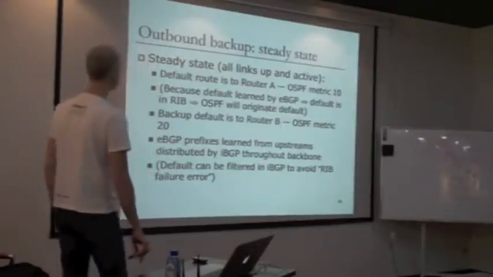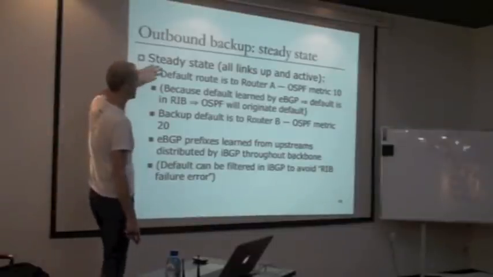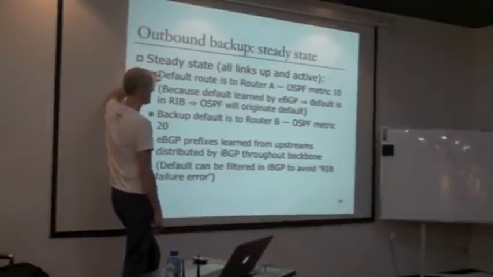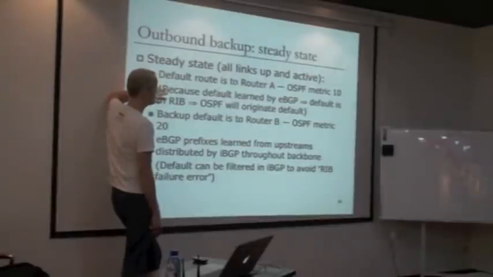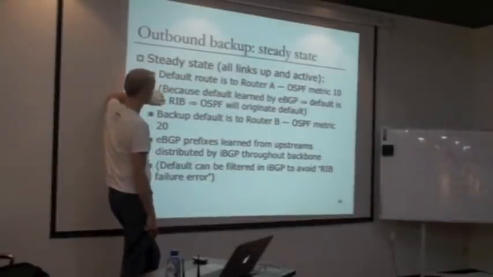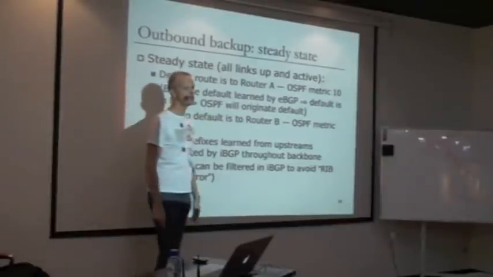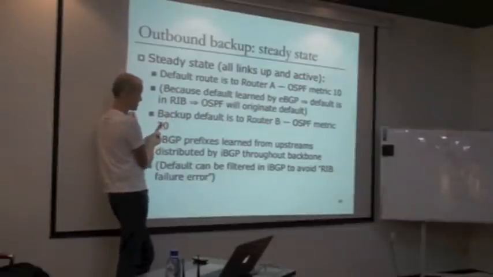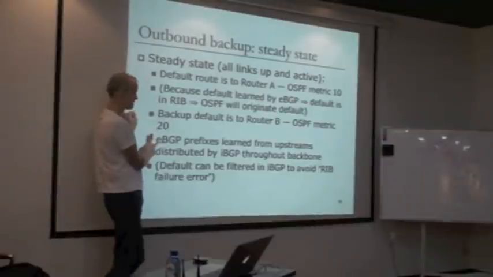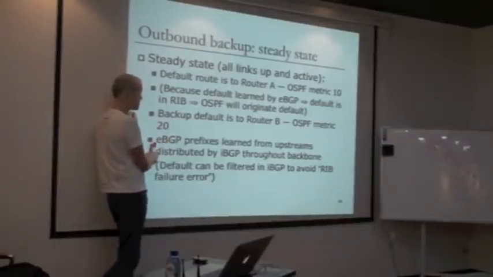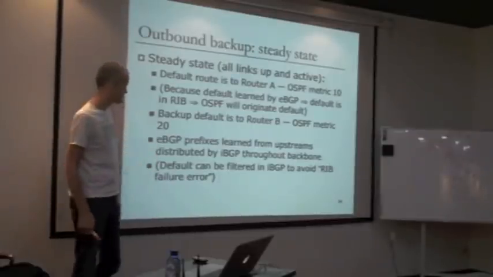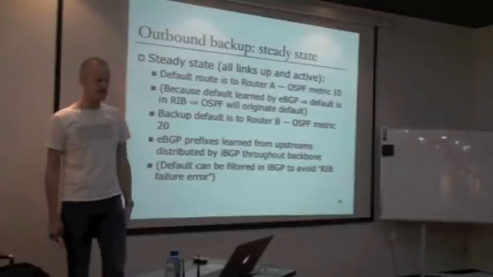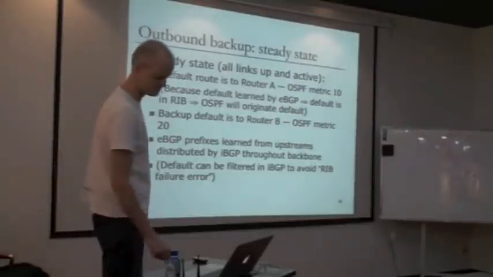So the steady state, all links are up and active. Default route is to router A. OSPF metric 10. Default learned by eBGP means the default is in the RIB, means OSPF will originate the default. Backup is to router B, OSPF metric 20. The eBGP prefixes learned from upstreams are distributed throughout the backbone. You can filter the default out of IBGP if you want, but